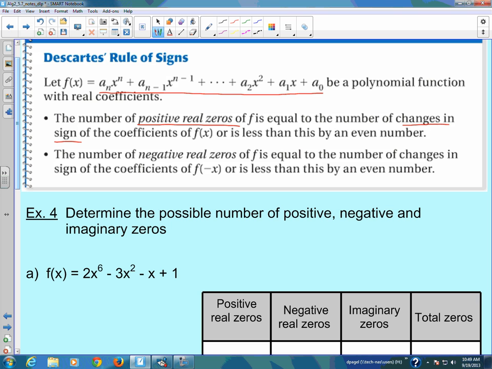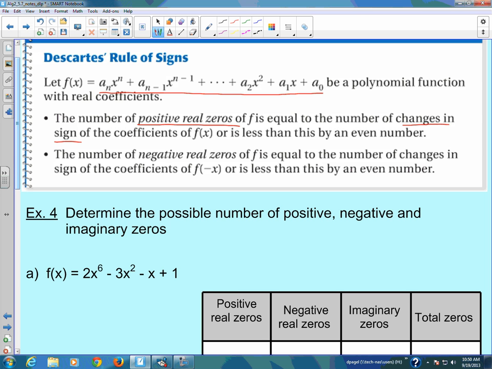I know it sounds kind of confusing, but if I had, let's say, 5 sign changes, then I'd have that many possible positive real zeros, or 5 minus 2, there's our even number,